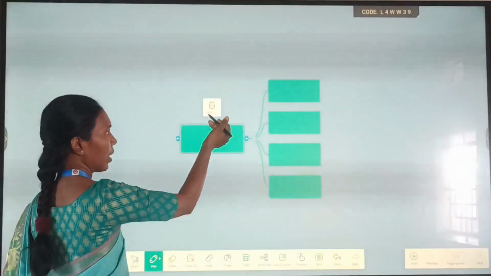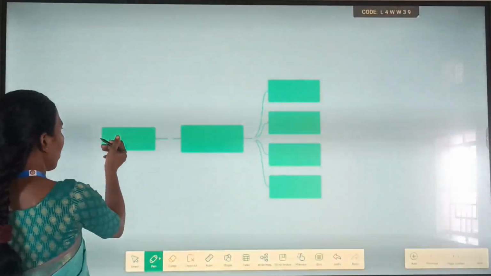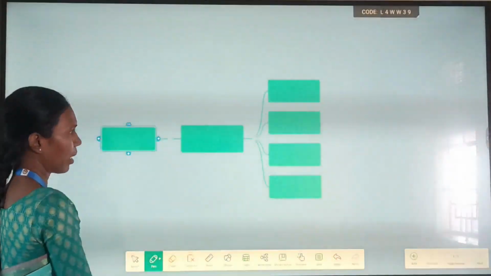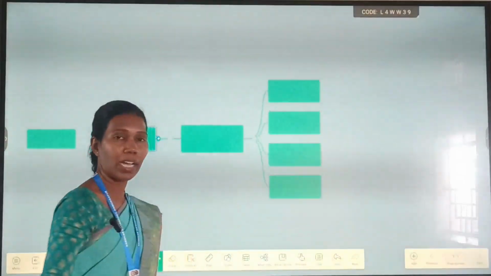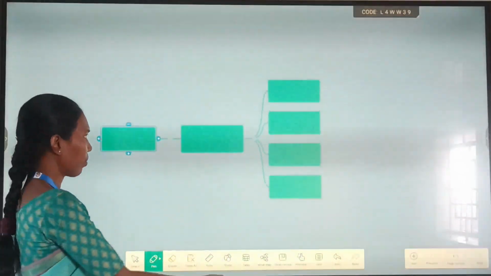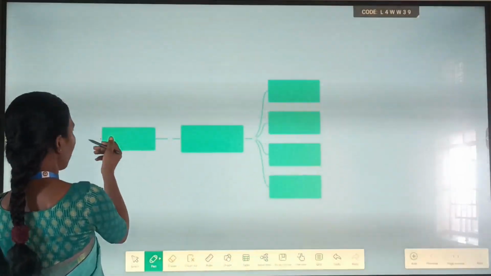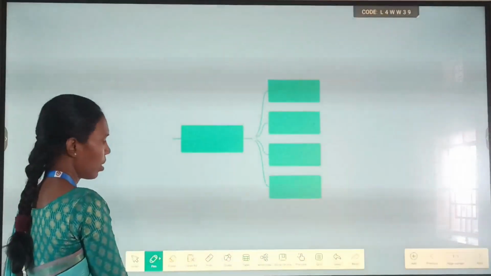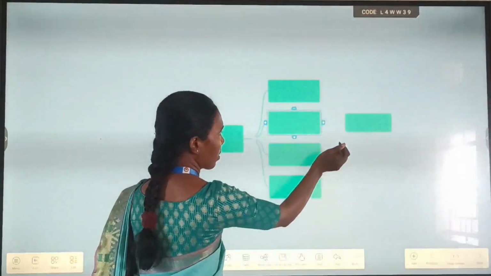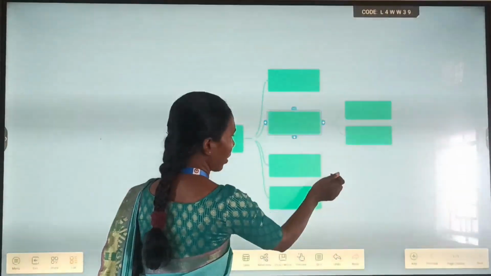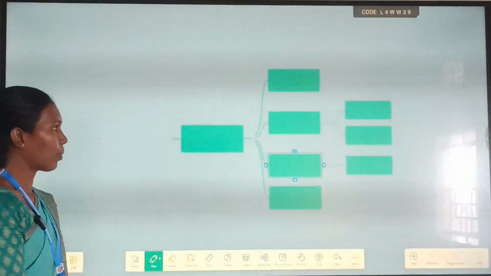If you want to delete all the options, there is an option for that. If we want to reduce, we click on the minus and it reduces. We click insert once again, and in this way the mind map increases.